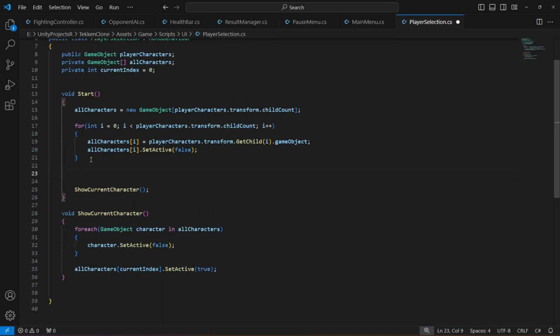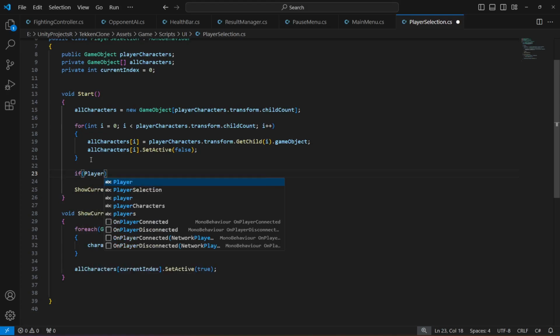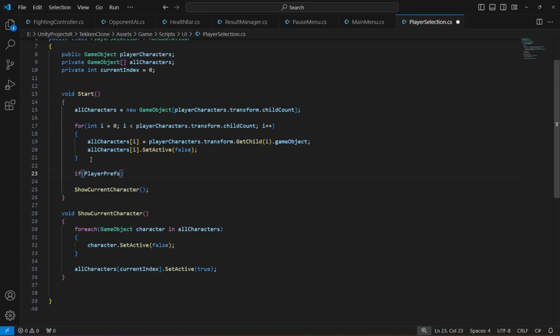And also we want to store that character, so whenever we close the game and play that game again, we want that character to be selected already. Okay, so we will store that characters using PlayerPrefs in Unity. You can read more about PlayerPrefs. Go ahead to the Unity documentation, search PlayerPrefs Unity documentation, and then you can read about it. Okay, so I will create a PlayerPref by the name of selected character index,